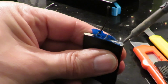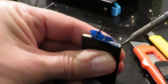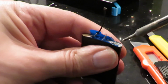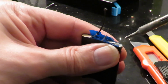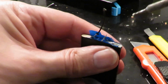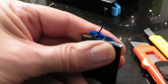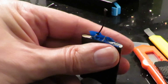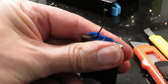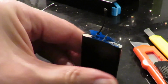You have to somehow or other scratch the surface with your soldering iron. That's the technique. I've watched videos on it, of course. But that's not happening there. I don't like that. That's getting hot. That's cooling down straight away again, though. Alright, well, I'm going to give up on that idea,